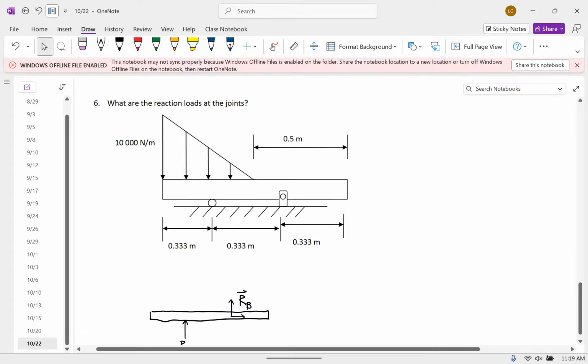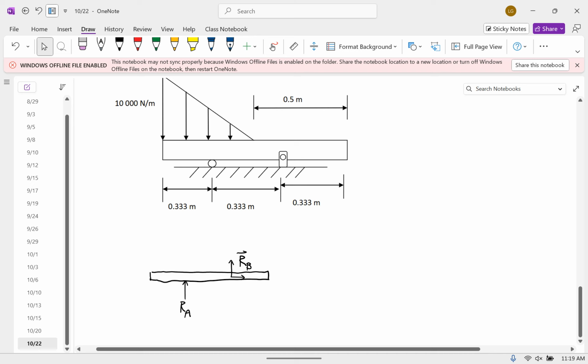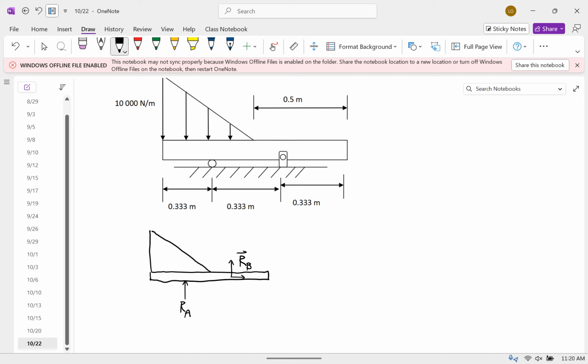We're ignoring weight. And then there is a distributed load like that. That's everything. So now we'll figure out the centroid and the